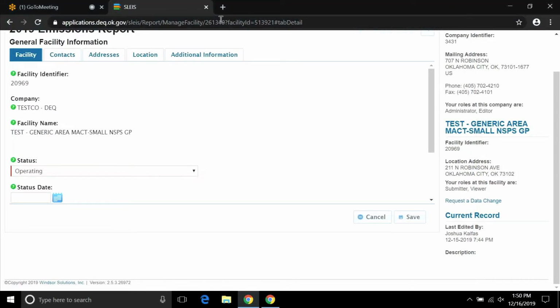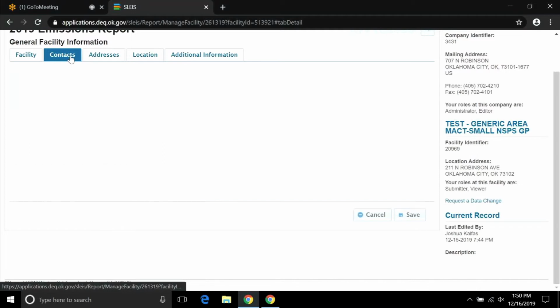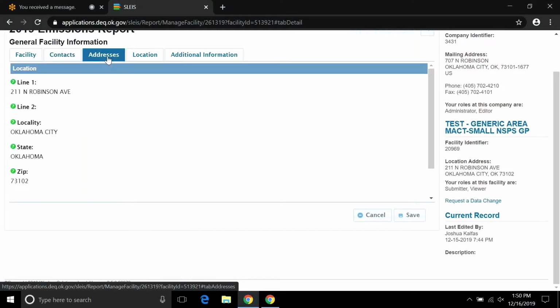The contacts tab is not a tab of information you have to worry about. All the information about the contacts exists at the individual user record. Addresses, this is for the facility. You can see that we're located here. If you ever want to drop us a Christmas card or